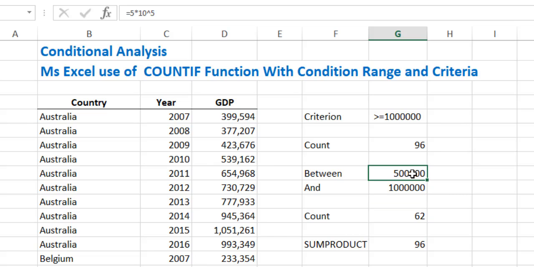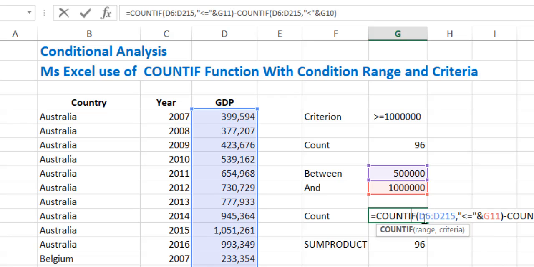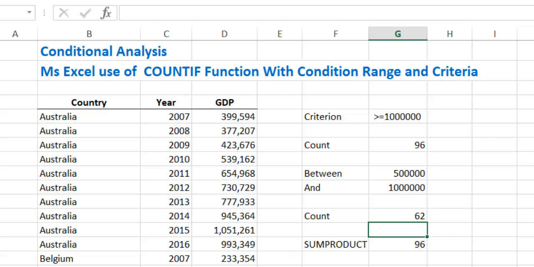So we want to see all those GDP figures which are 500,000 or from 500,000 to 1 million, and Microsoft Excel with the help of this formula finds in this range of GDP amounts COUNTIF D6 colon D215 comma lesser than equal to G11 minus COUNTIF D6 colon D215 comma lesser than G10, and all such figures,